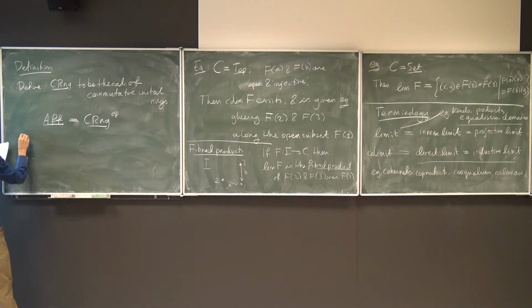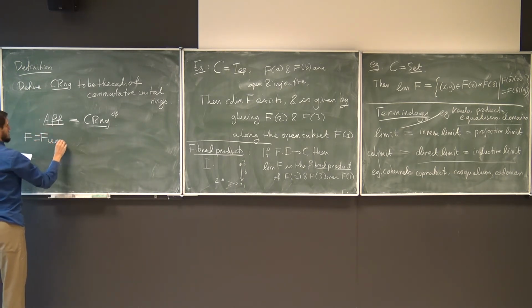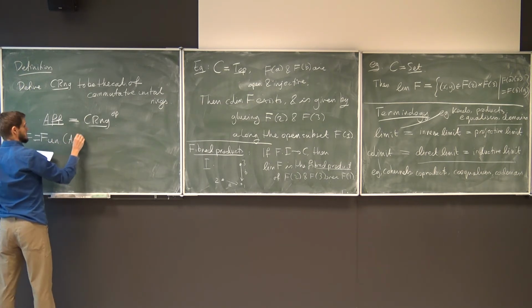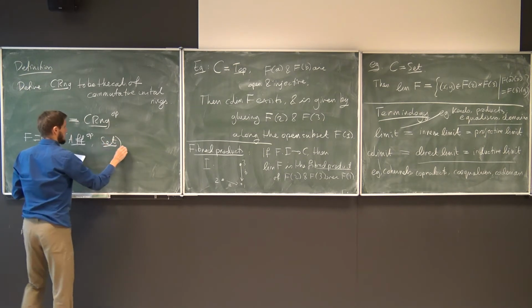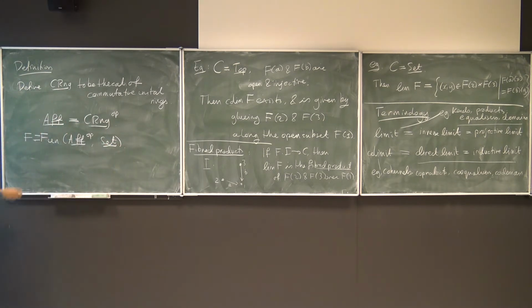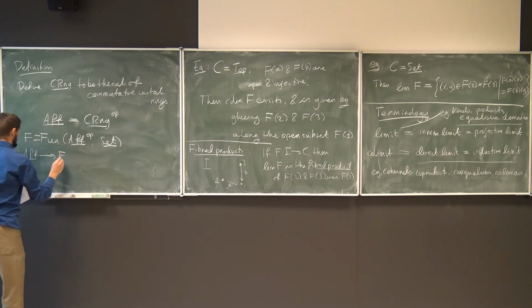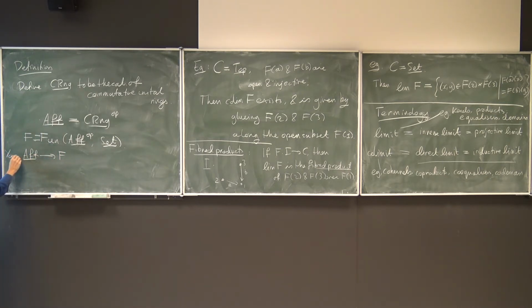Then I'm going to write F for the category of functors from affine schemes op to Set. By the Yoneda embedding, I have a fully faithful map from the category of affine schemes to this functor category, and then the category of schemes